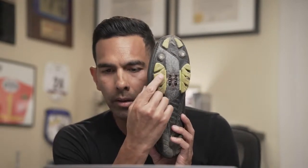Cool. So what else do we got? Oh, we're going to discuss cleat position. How about that? Cleat position. This was something that came up. And let's see, I have a shoe with a cleat and a shoe without a cleat. And as you can see here,